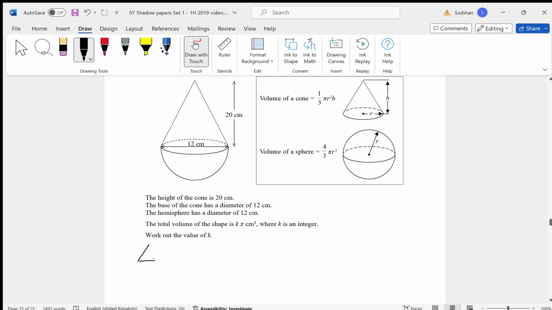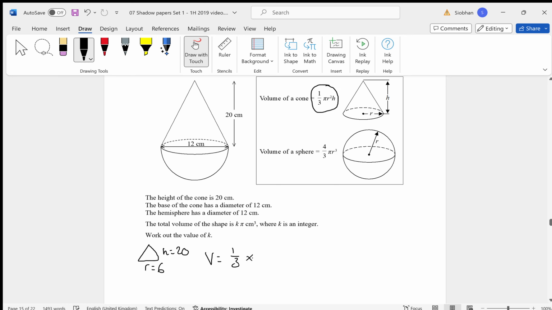So I'm just going to draw a little cone here just so I know what I'm talking about. And I'm going to put the radius of the cone, which is 6, and the height of the cone, which is 20. So I'm just going to draw a little diagram there. And then I'm going to put the V for volume. So the volume equals, and then we're going to look up, now you will definitely get this formula in the exam,